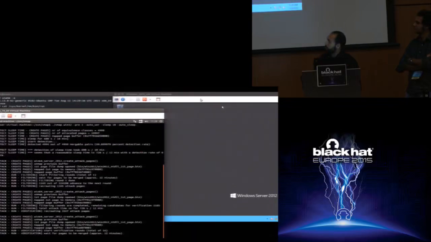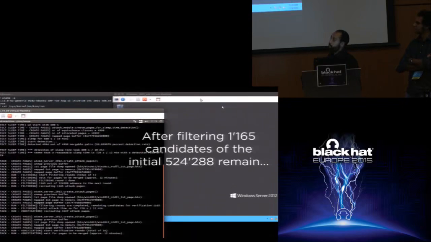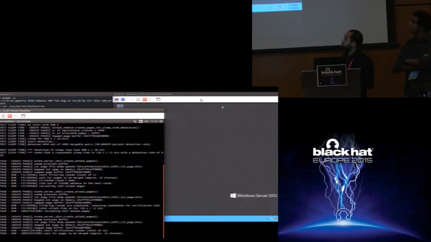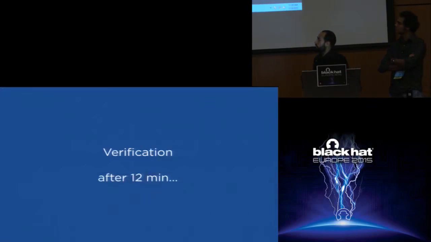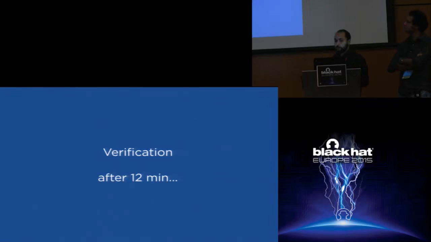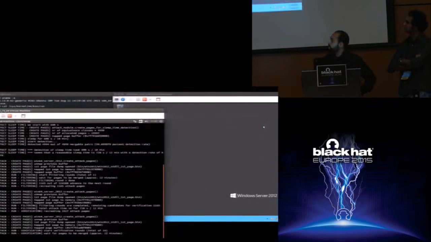we'll see that we were already able to reduce the number of candidates to 1,165 candidates from more than 500,000. So now entropy is reduced significantly, of course. The attacker could also already use these values if he has multiple tries for the exploit, for example. Now we verify them. So we do another 12 minute round. And after these 12 minutes,